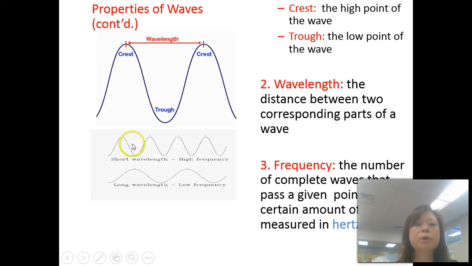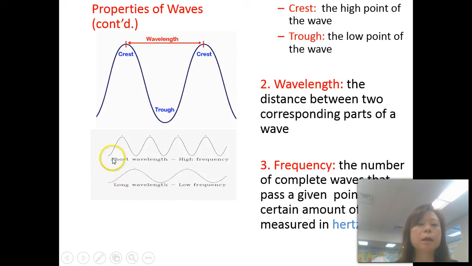Frequency is the number of times the wave goes up and down in a certain amount of time. Let's say that this was 1 second. You can see that in the same amount of time, the top wave has gone up and down a lot more than the bottom wave, so we would say that it has a higher frequency and the bottom one has a lower frequency. The wavelength, however, is shorter on the top wave and a lot longer on the bottom wave. Now, which do you think carries more energy?